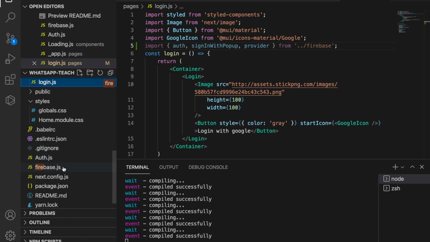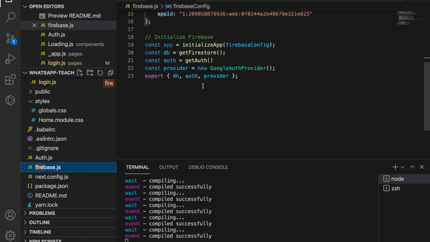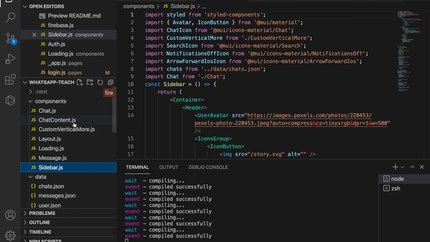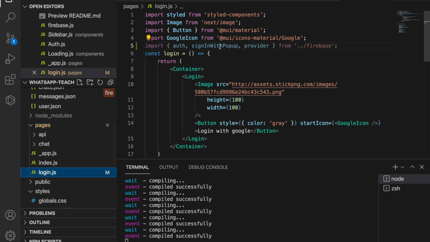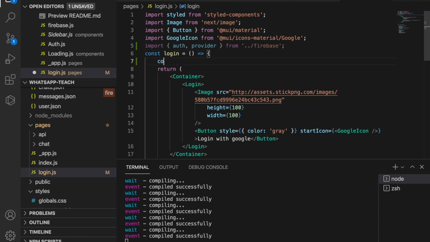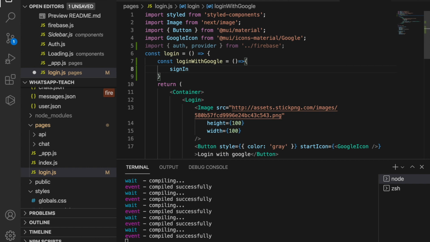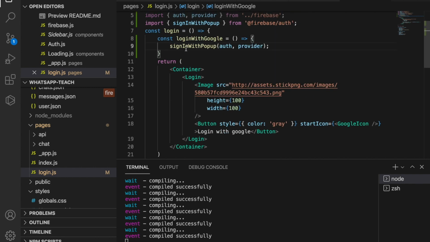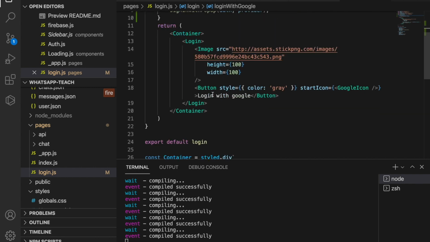And because we already returned the auth and providers, but we do not have the sign in with pop-up, so we delete this and we go to create the login functions. So we type constant login with Google, and then we type sign in with pop-up, which is imported from the Firebase auth, and then we pass the auth and also pass the provider, and then we go to bind